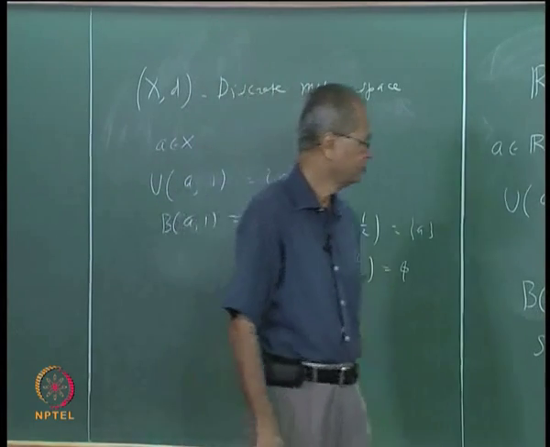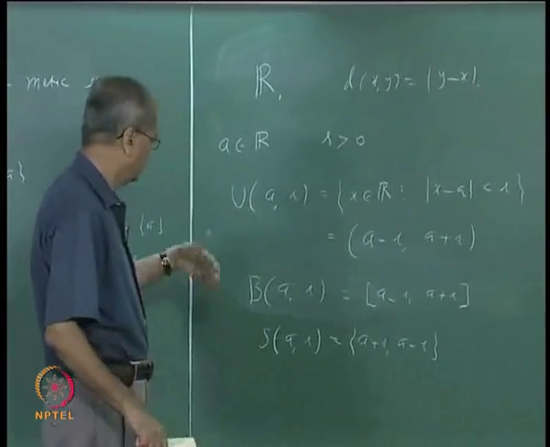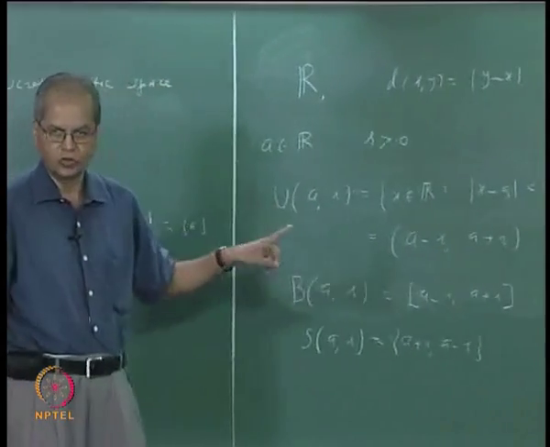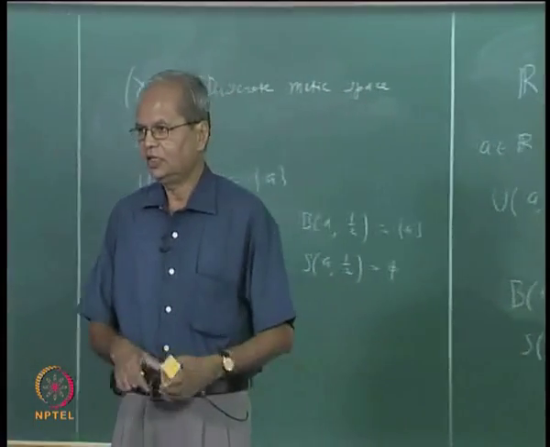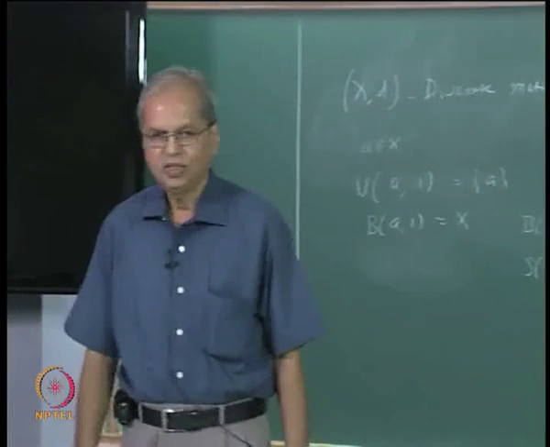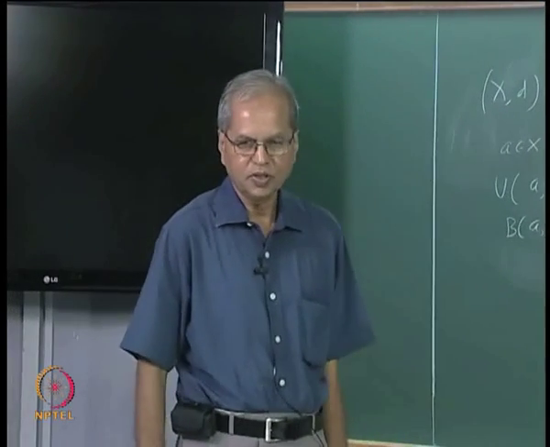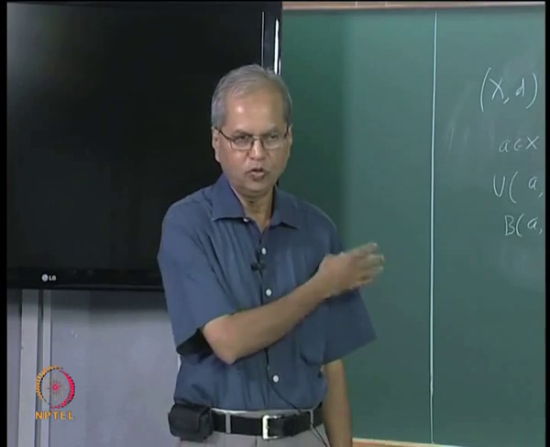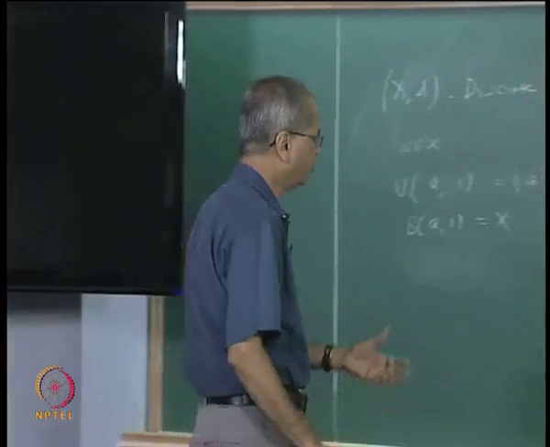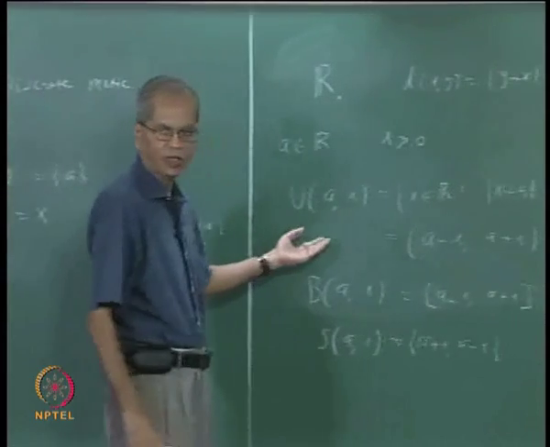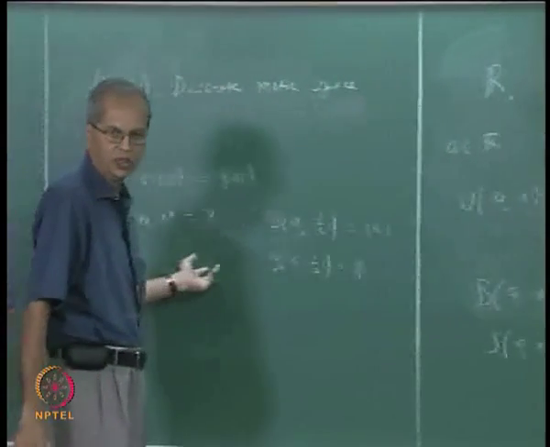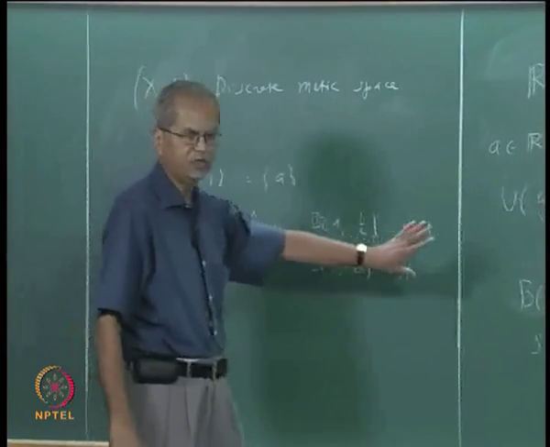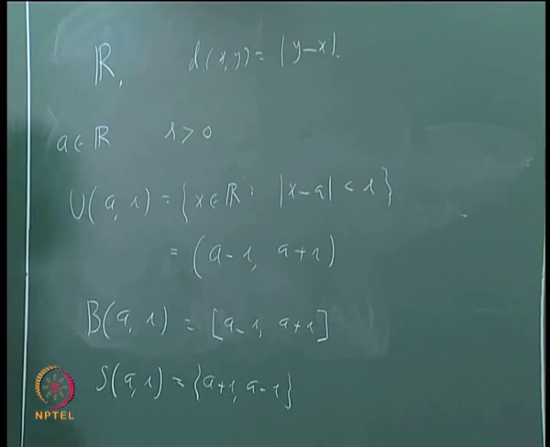So let me again remind you about my remark. Though we have called them open balls, closed balls, spheres, etc., and these words may create some image in your minds, you should just forget that, because the balls may look like anything. For example, this open ball is just an interval, whereas here it is just a point. So the appearances can be quite different from whatever image these words may create in your mind.